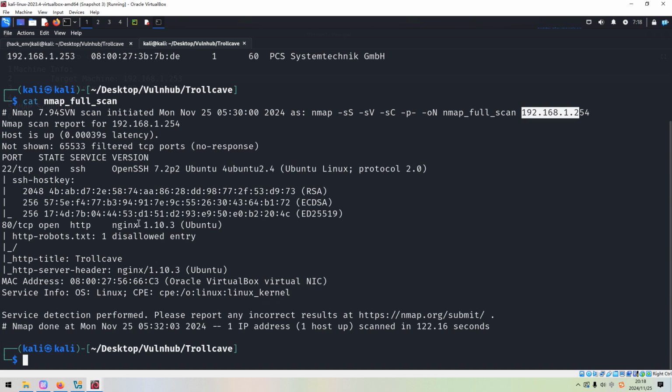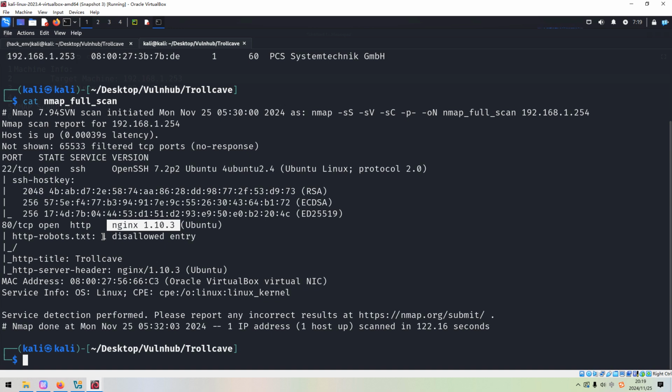From the Nmap scanning results, we can tell that the target has two open ports. The first one is 22, which is running SSH service, with version information OpenSSH 7.2. This version is not updated. However, I don't think we can find any vulnerability. The next one is 80, which is running HTTP service with the version information nginx. And also we can know that the target has a robots file available, which contains one disallowed entry. Afterwards, we need to check it out in the browser manually.